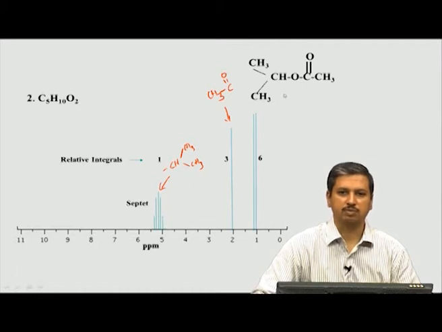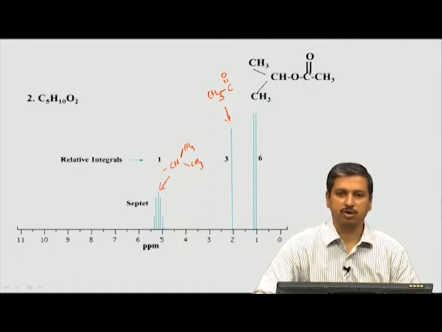If you had an IR spectrum with you, it would also give an indication of an ester group because of the vibrational frequencies of an ester. A carbon spectrum would also be very useful here, but right now, as we said, we are relying only on the hydrogen. When we include the carbon spectrum later on, you will see that it becomes easier to interpret, because the carbonyl frequency in NMR for an ester group is much different from what you get from a ketone group or what you expect from an aldehyde. So, based on the carbonyl peak you can also figure out whether an ester group is present, or whether it is a carboxylate group and so on.